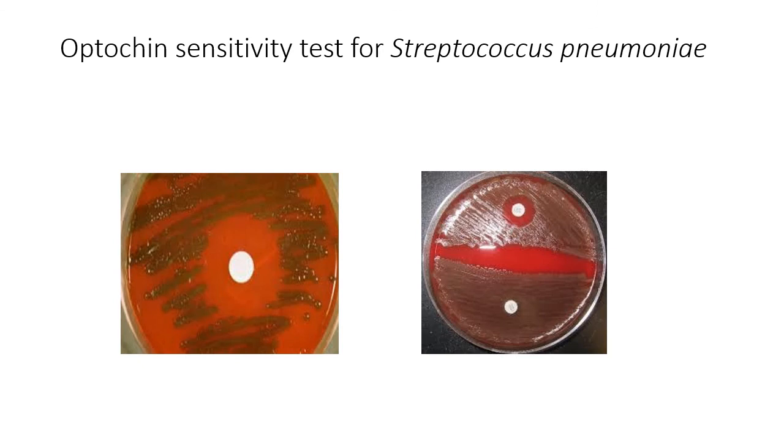The one test which one can easily perform for Streptococcus pneumoniae is the optochin sensitivity test. It is exactly like bacitracin, and you can see that once a lawn culture is made and you put the optochin disc and you again incubate it 24 hours, the next day what you see is this nice zone of inhibition. Over here you can see that there are two alpha hemolytic strains which have been plated side by side. Here you see no zone of inhibition, and here you see a very nice zone of inhibition. And when there is a zone of inhibition like this, you know it is Streptococcus pneumoniae.